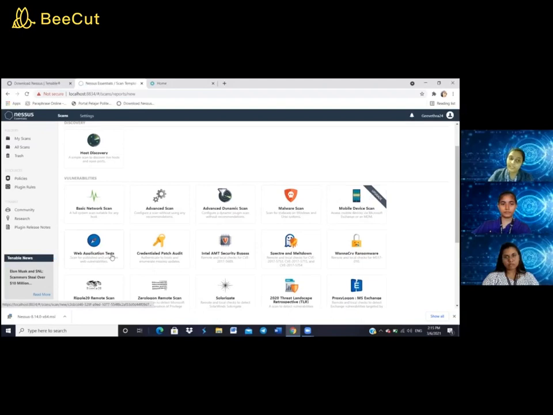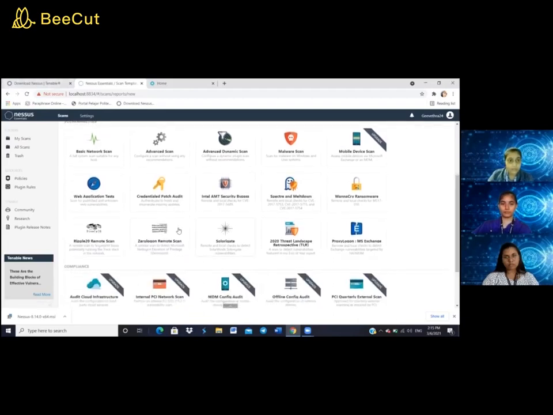There are also web application test, credential patch audit, Intel AMT security bypass, Spectre and Meltdown, WannaCry ransomware, Ripple20 remote scan, Zerologon remote scan, Solorigate, 2020 threat landscape retrospective, and ProxyLogon MS Exchange.